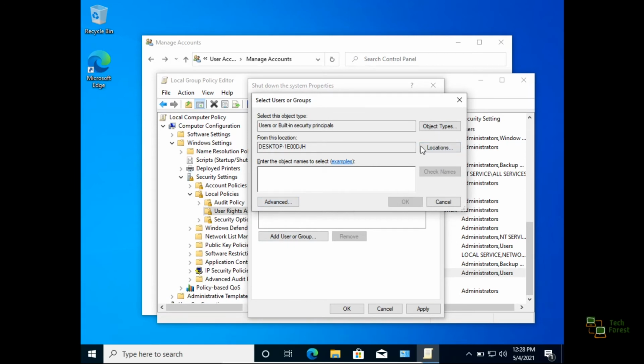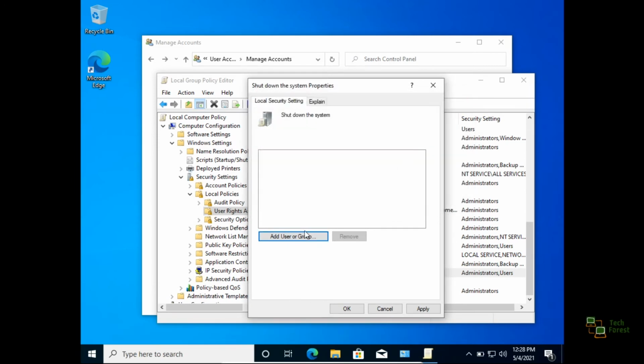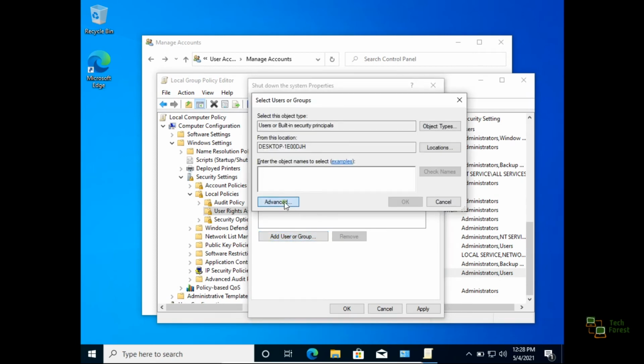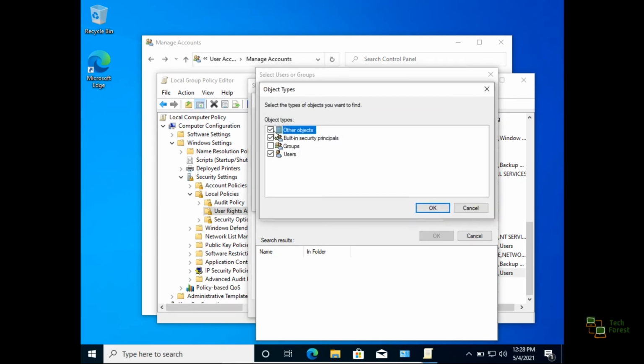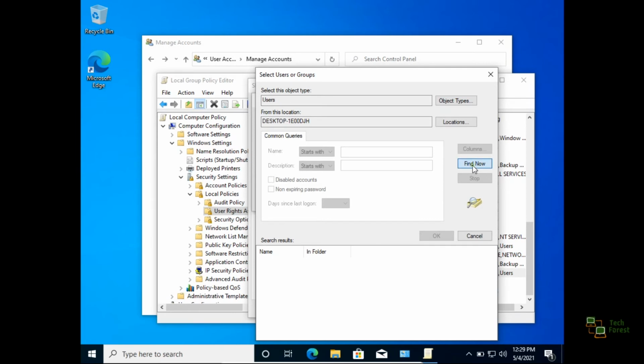Click on Add. Click on Add. Go to Advanced. I'm searching for the user only, so I'm unchecking all these options and clicking on Find Now. This is my username, admin.